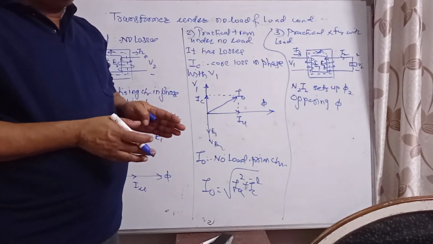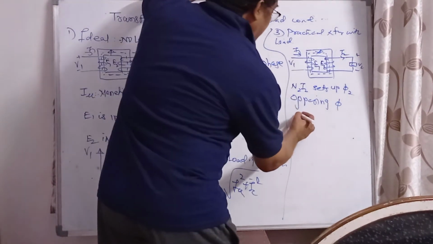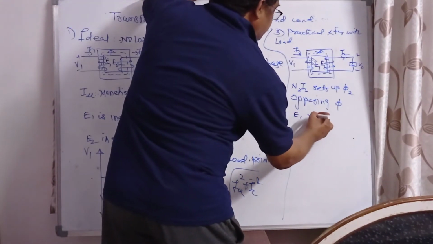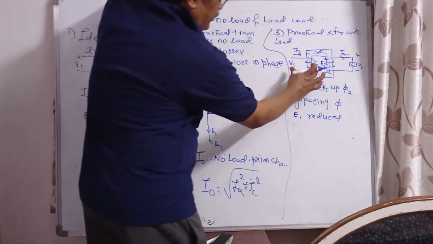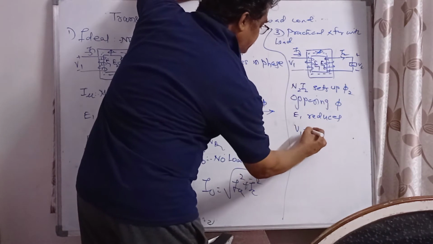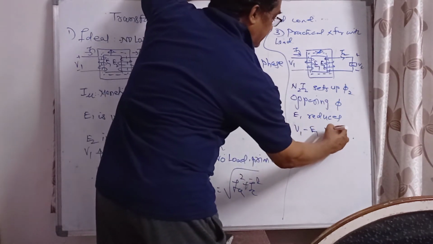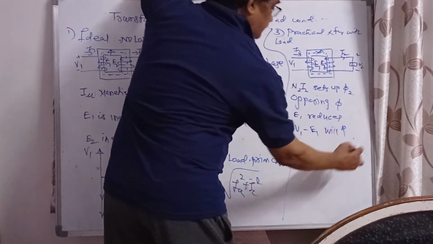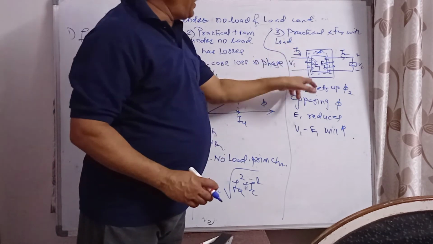Opposing phi means phi will reduce. Phi will reduce, so E1 will reduce. E1 will reduce means their vector difference. E1 is reducing means this difference will increase. E1 is reducing means N1 I1 produces phi,